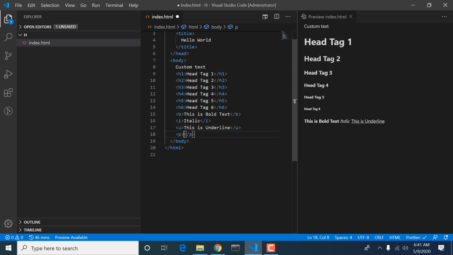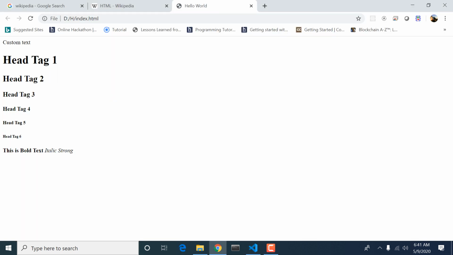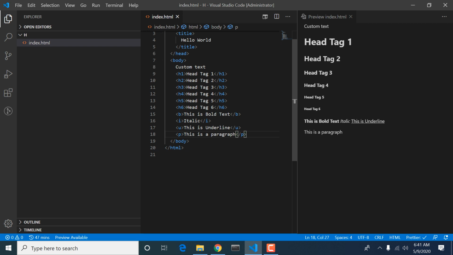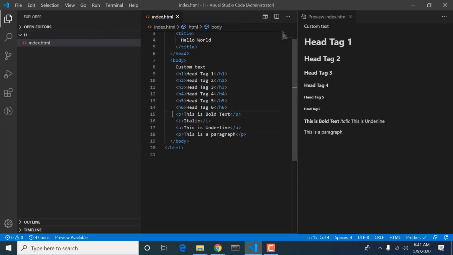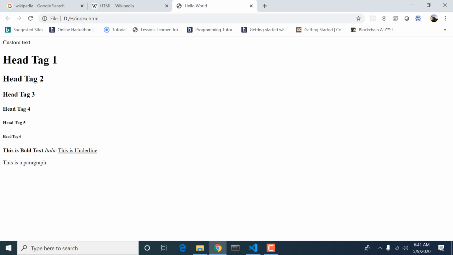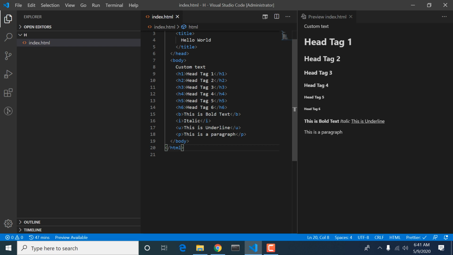After that we have the p tag. This is a paragraph tag, used for paragraphs. Guys, you have noticed that when I write these three tags, they come in one line. That means HTML does not break them into the next line by itself.